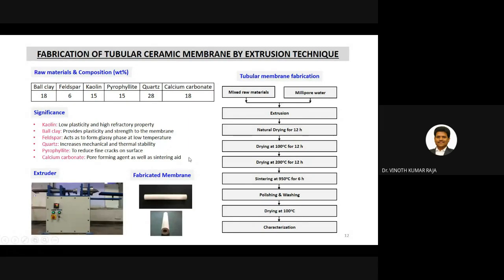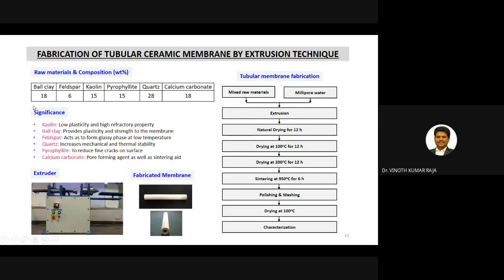So the pictures of the fabricated membrane I have also provided here. This tubular ceramic membrane was fabricated with a length of 100 mm. Firstly, I would like to explain the membrane fabrication process. The composition of the glaze, such as ball clay, feldspar, kaolin, pyrophyllite, and quartz, was taken for fabrication of the membrane